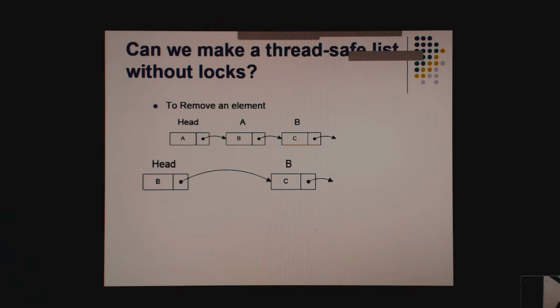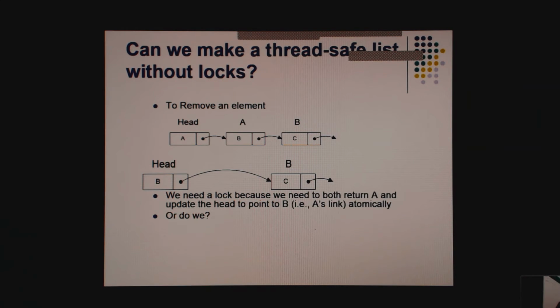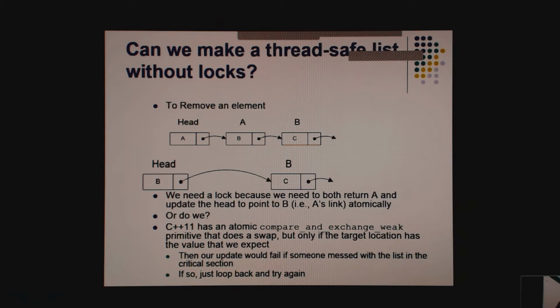We have to update the head to point to B, and at the same time, we have to pull A off the linked list. So that requires 2 different things. Looks like a race condition, right? So there's a clever way to do this atomically.